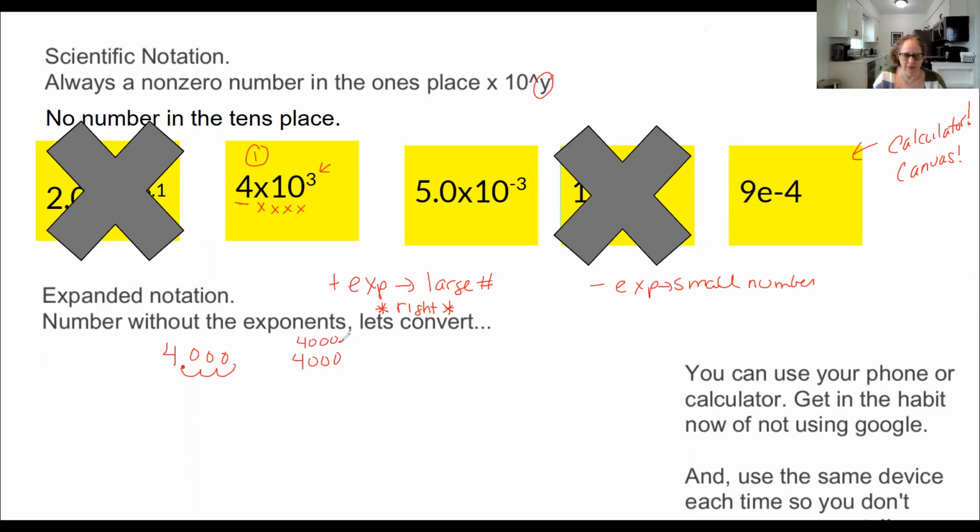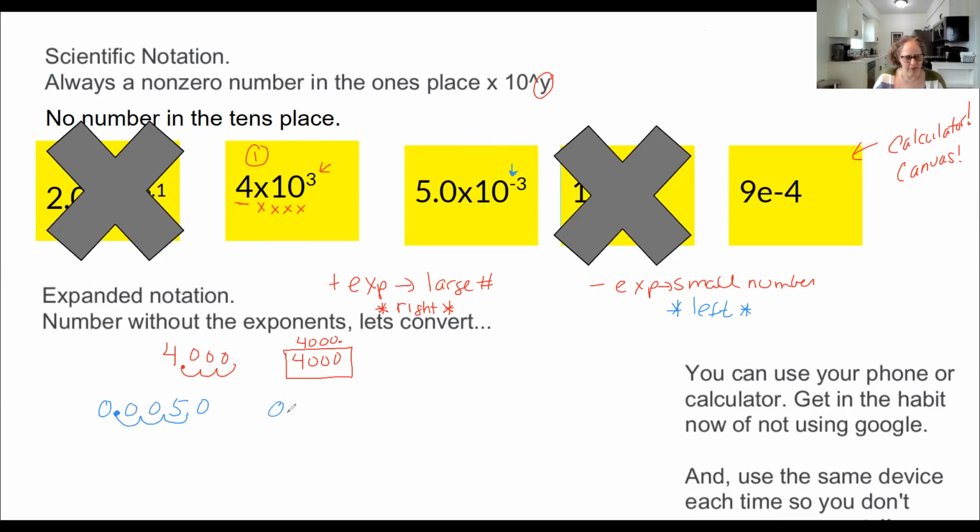I have, again, two choices. I could write 4,000 showing the decimal or 4,000 not. My sig figs have to match. So my answer is going to be 4,000 without the decimal place here. The second one, 5.0 times 10 to the negative 3. I have a small number because I have a negative number in the exponent. So my hops have to go to the left from getting rid of scientific notation and going to expand it. 5.0, and I'm going to go how many hops? 3. 1, 2, 3. Here's my new decimal place,